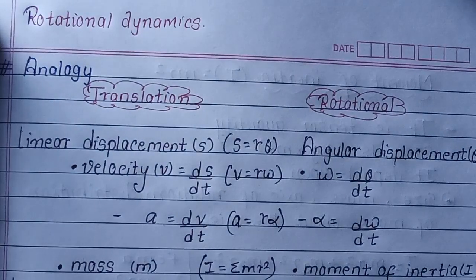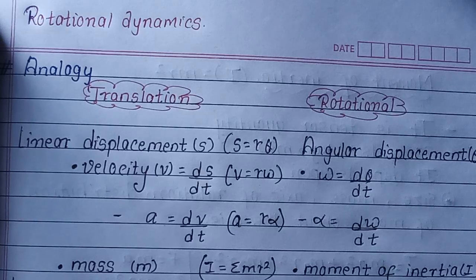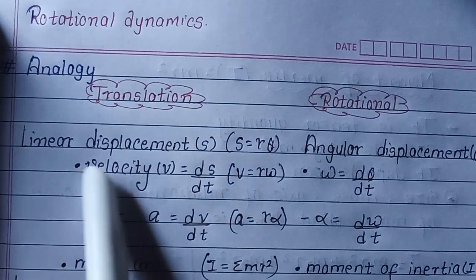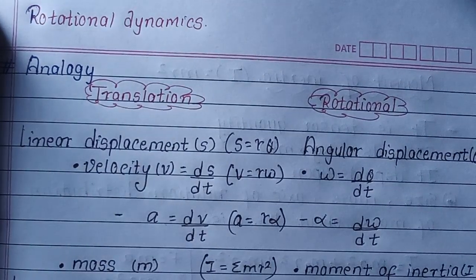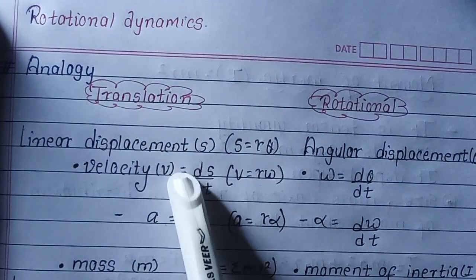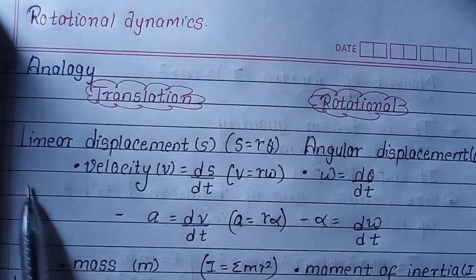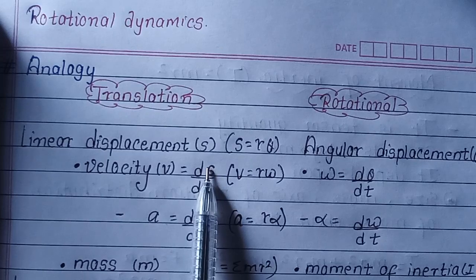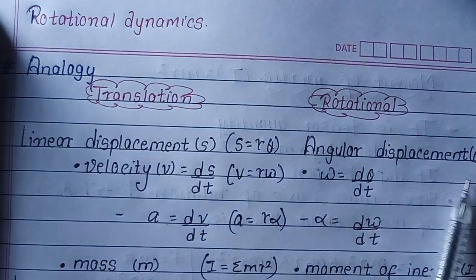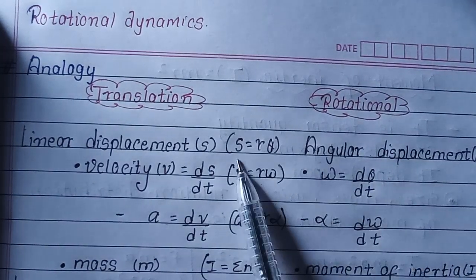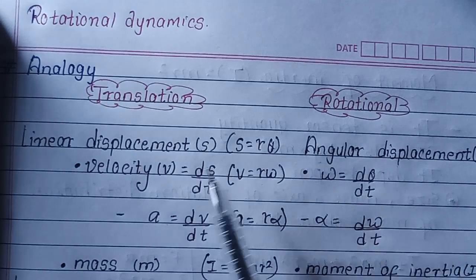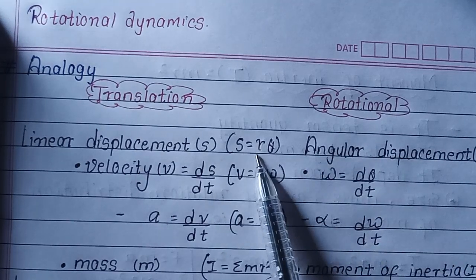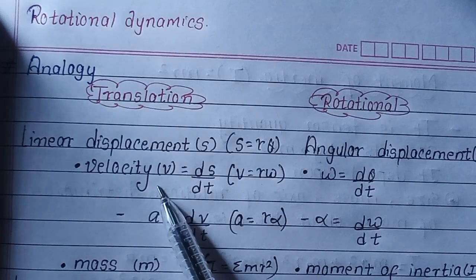In this video, we discuss the analogy of translational and rotational dynamics, rotational motion. For displacement of translational motion, we call it linear displacement, represented by s, and here is angular displacement, which is called theta. The relation between angular displacement and linear displacement is s equals r theta, and velocity v for